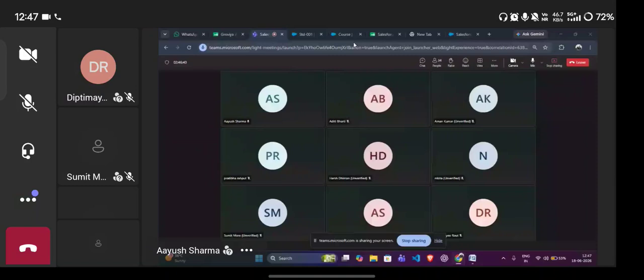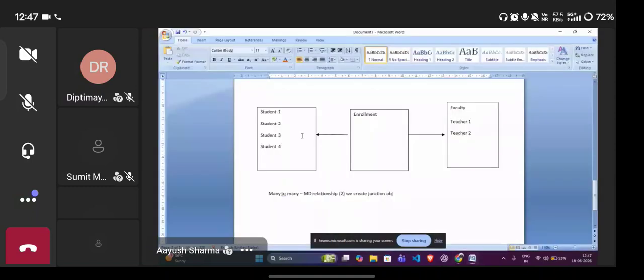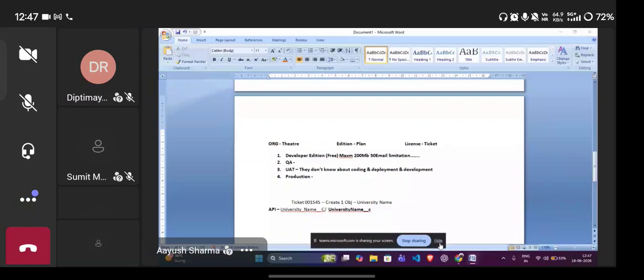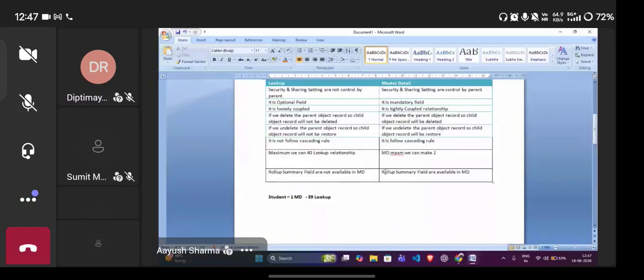I talk about that in master detail. We are creating... where is rollup summary? This one, in master detail field, rollup summary fields are available. So what is the rollup summary field? It will give you the